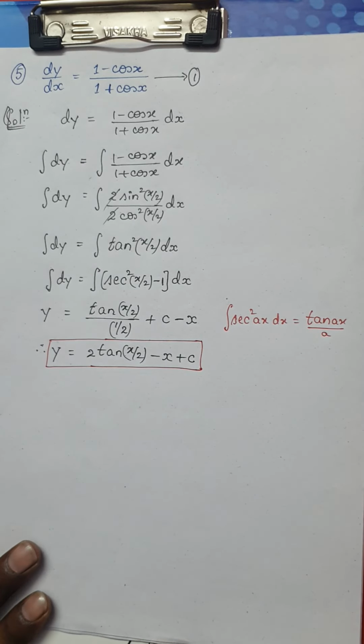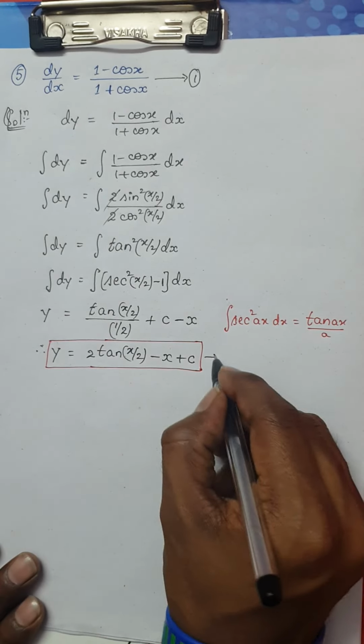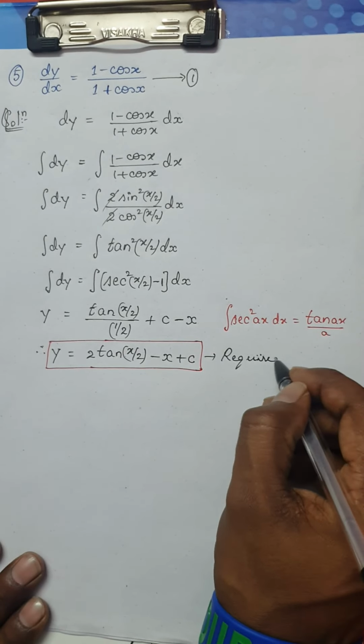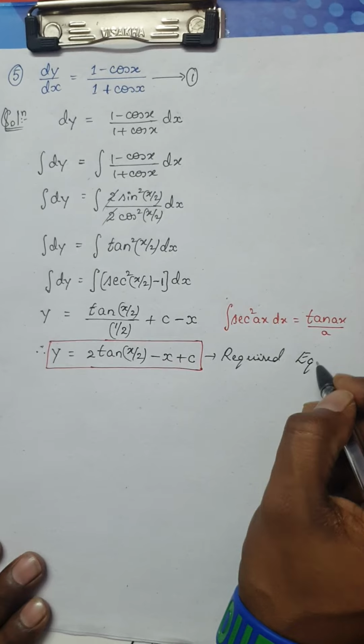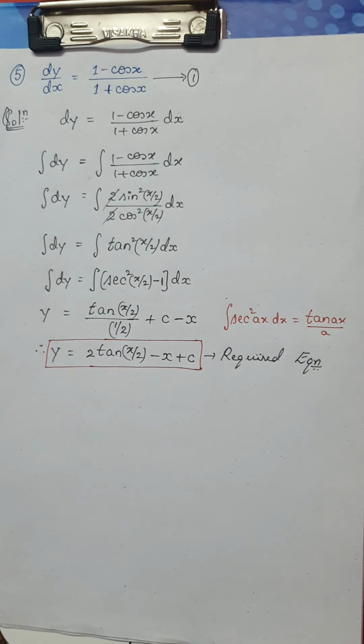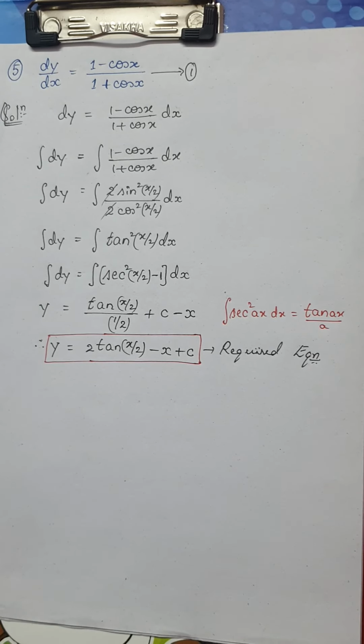Very simple question this is. You can easily get 3 marks if they give you this question in the examination. So at least write, this is the required equation. At least this much will do in your examination. I think students are happy to see such short answers for 3 marks. But anyhow, you are lucky enough. If they give you this, you can easily score 3 marks.